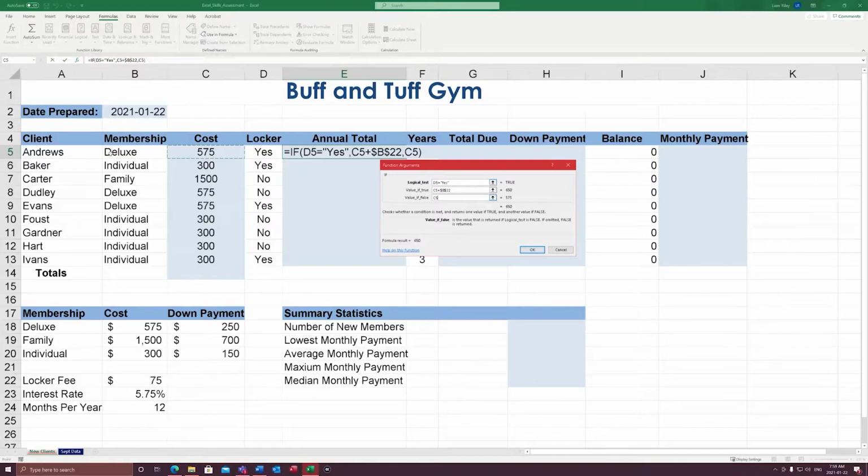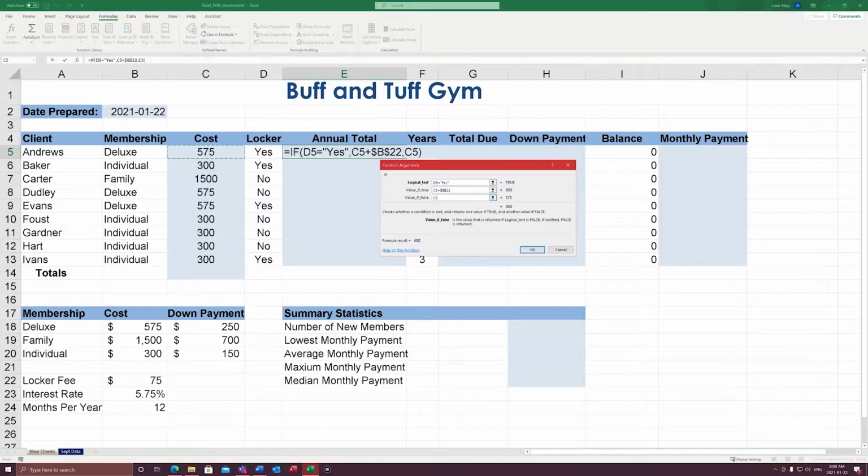That's true. And so their amount is not going to be $575. And so you might think, okay, well, why would we continue to do it against this first row if we already know that we've taken care of their answer? And the reason is that they could change their mind later on. They might come back and say, do you know what? I don't need a locker. It's overkill. And then you would have to change it in your worksheet and the formula will change. But if this becomes no, if that reference to yes in D5 changes to a no, if they change their mind for some reason,